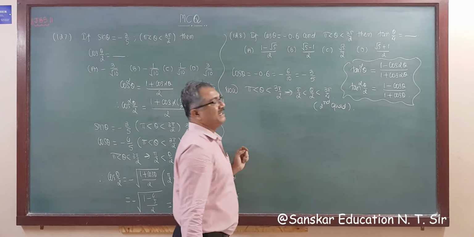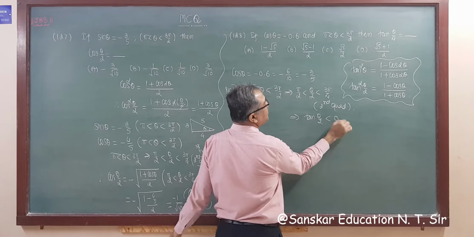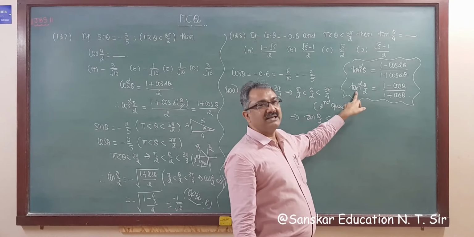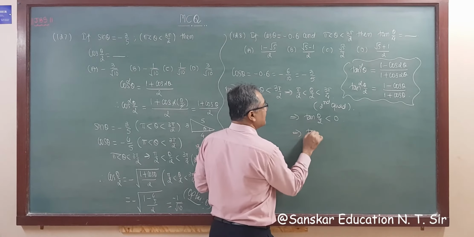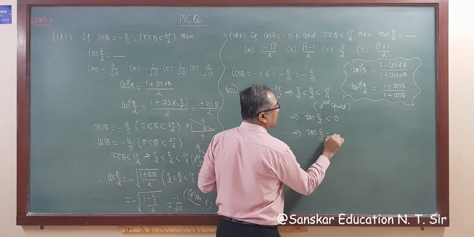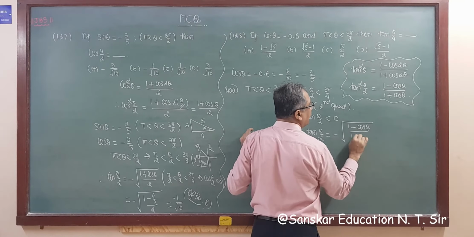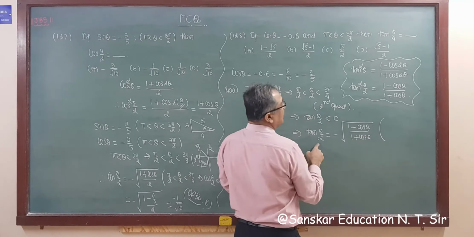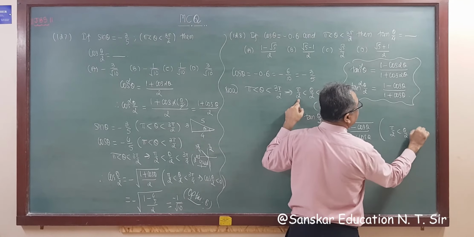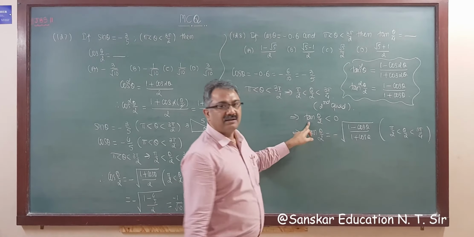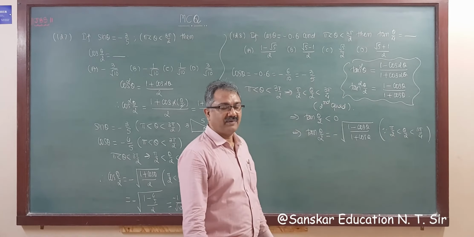Now in second quadrant tan is negative. So this implies tan theta by 2 is less than 0. That means if we take a square root of this, then we have to consider a minus square root, not plus square root. So this implies tan theta by 2 is equal to minus square root of 1 minus cos theta upon 1 plus cos theta. Why this? Because of this pi by 2 less than theta by 2 less than 3 pi by 4. If you write this, then no need to write this, right? But we are writing once again in case you forget, that's why, right?